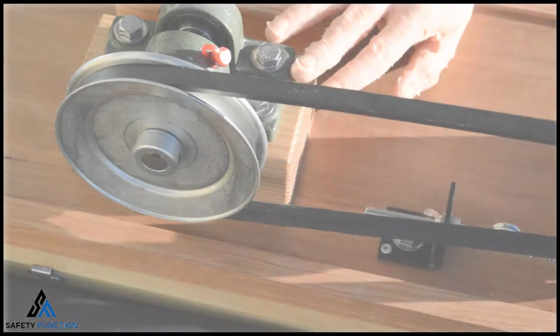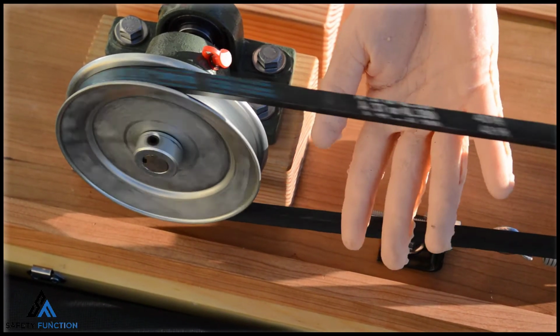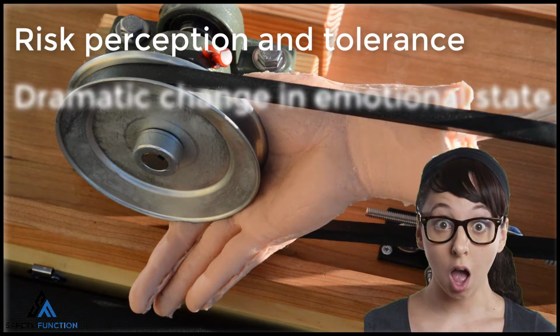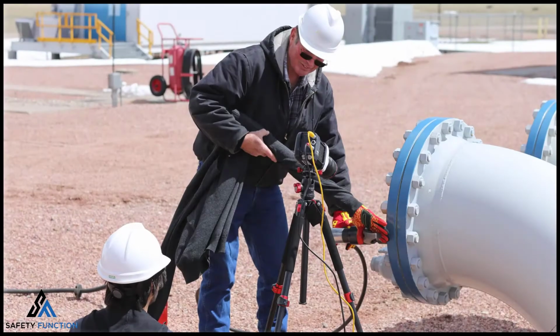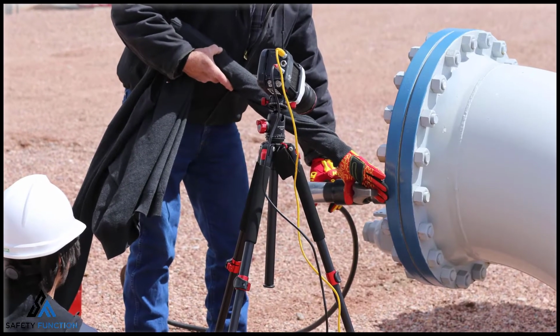Through extensive research at the University of Colorado, collaborating with industry partners across North America, it's been proven that safety demonstrations influence our risk perception and tolerance, result in dramatic changes in our emotional state, and yield long-term improvements in our safety engagements. To demonstrate the causes and consequences of common injuries, industry professionals and university researchers partnered to replicate